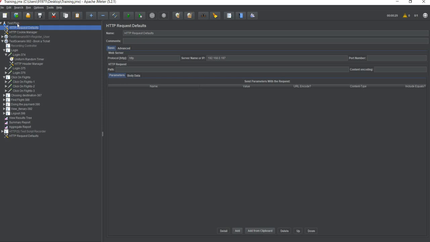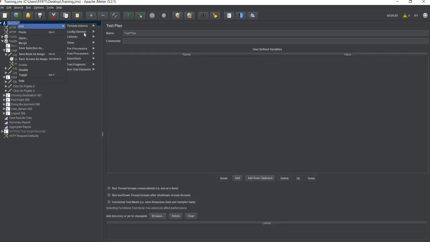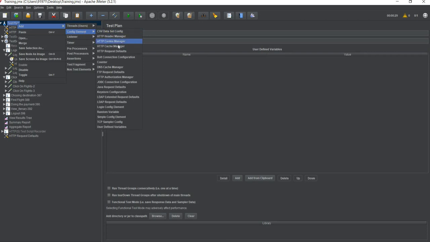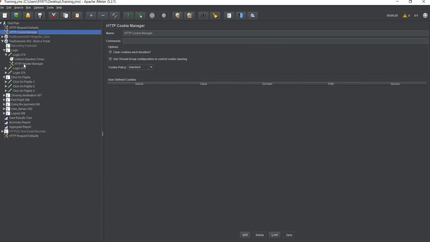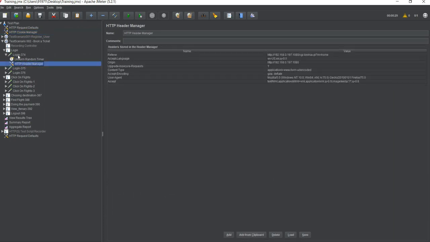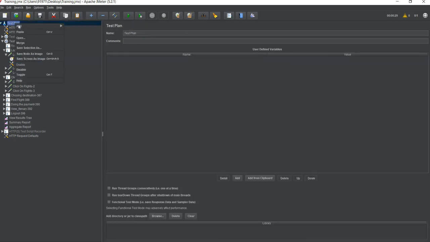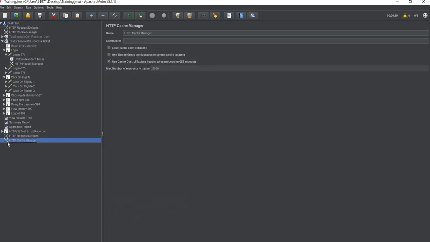Second, there are more important configuration elements which we use in HTTP, which are the cookie manager, cache manager and header manager. The header manager is used within the sampler. So this sampler is an HTTP request, and this HTTP request will contain all these headers. This is nothing but the header manager. Then you also know that the browser contains cookies and caches, so you can also manage cookies and caches via these config elements.